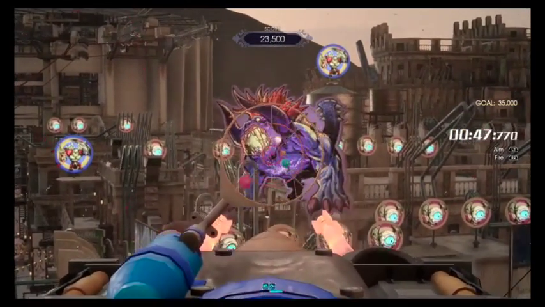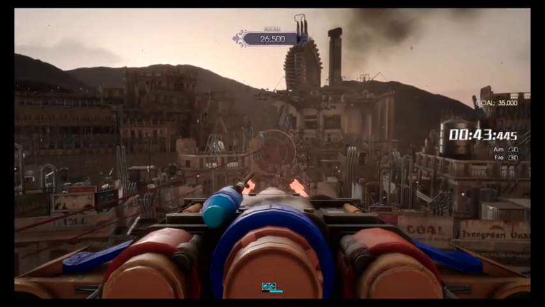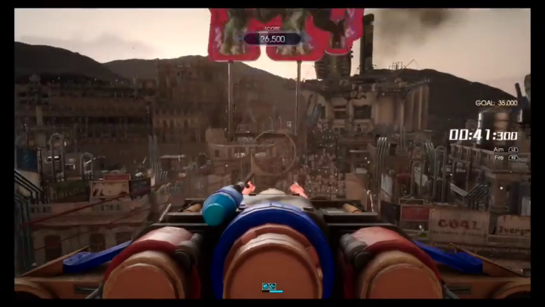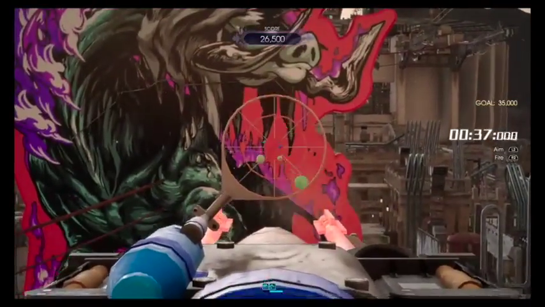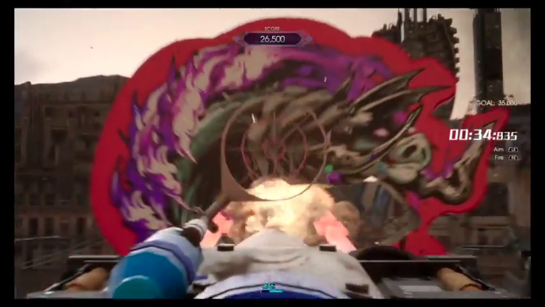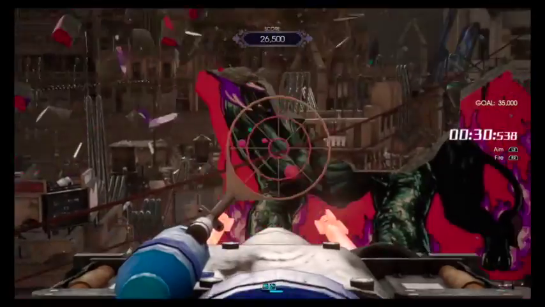Now we'll just try and take down the big guy. There we go, lovely. So yeah, we have the score that we need. We have 26,000. You'll know from the previous one that there was a big target at the end, this time slightly different. I don't quite know what monster that is. But you should have more than enough time to be able to take this guy out,